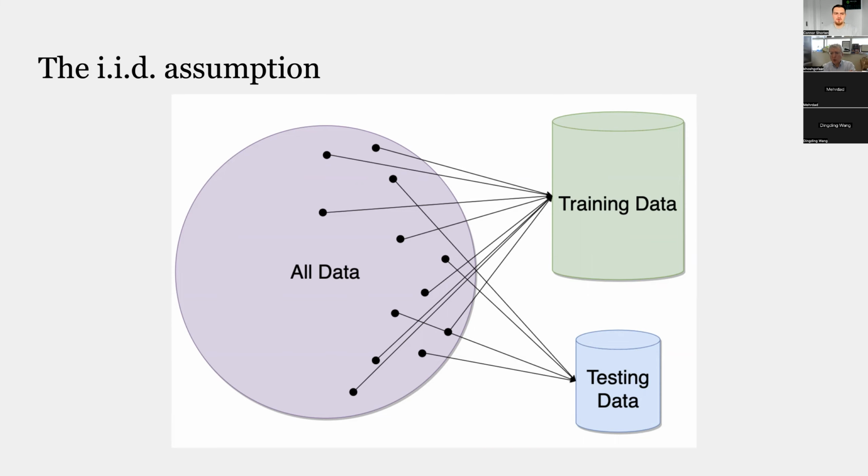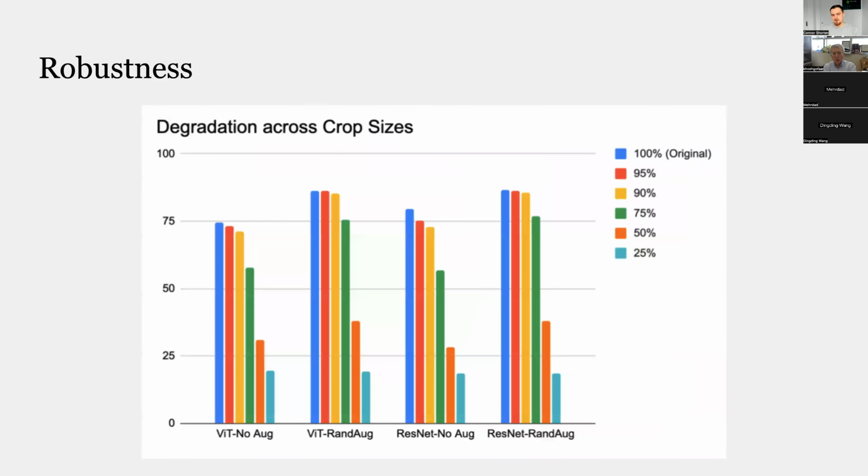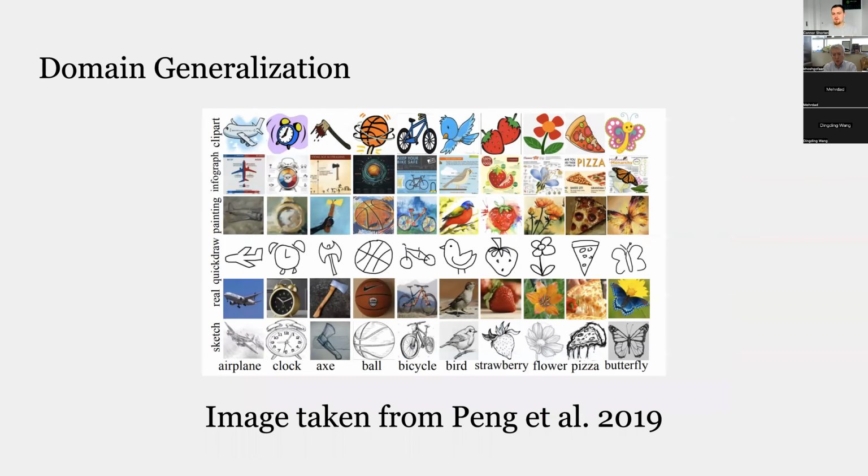But then what I thought was surprising is this failure in robustness. So this paper, we'll get into the details more of this experimental paper, but the high level takeaway is that you can take an image classifier that performs really well on classifying cats and dogs and airplanes, but then if you just transform it by cropping it or rotating it or flipping it, the test set performance suddenly decreases a lot. If you augment it with semantic preserving transformations, it can't generalize to that, which I thought was really surprising.